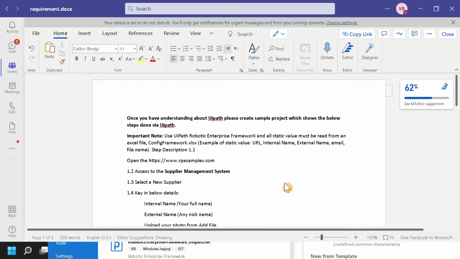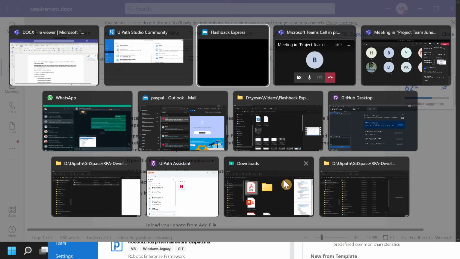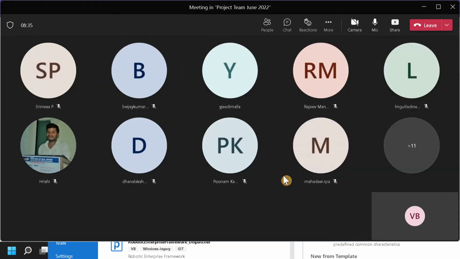Team, reply. Do we need a performer and dispatcher process, or do we need only a performer process? Only performer, because we are not getting any data, we are just reading the data from the Excel and